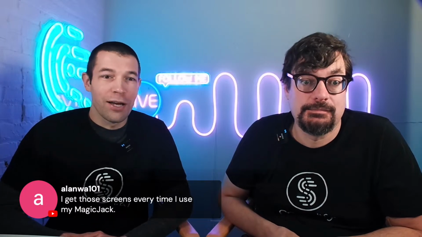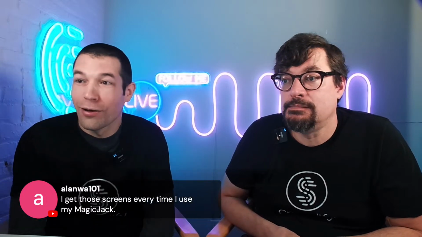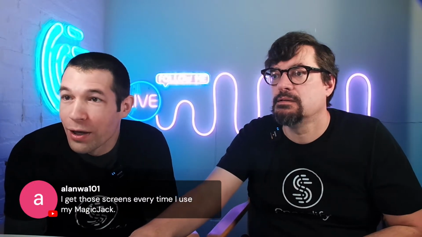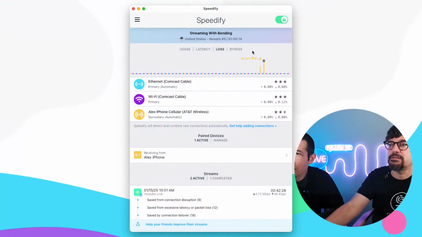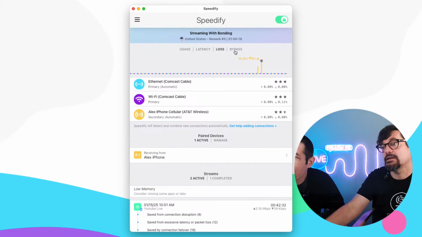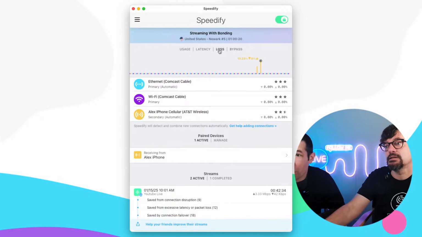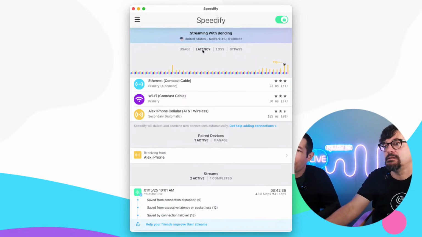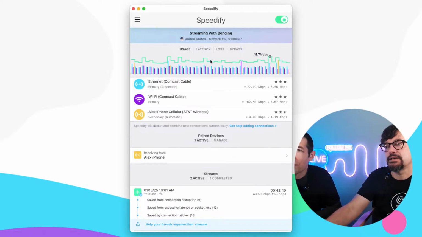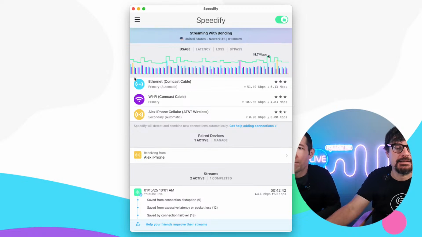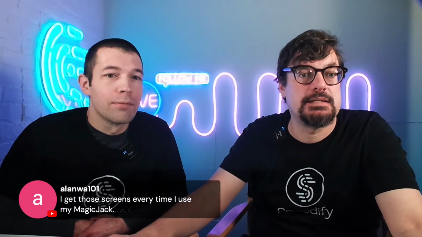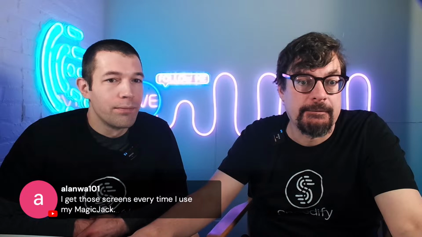Even though the Comcast has been failing since then, there have been little bursts. Yeah, right now it's good, but we had a period where it was. Look at the loss graph, right in here. You got a little. So that's the cellular. Oh, that's the cellular actually. You're right. Yeah. But there was a period before where it was 20% packet loss on the Comcast, and we switched over completely to the cell. Yes, right now, last couple of minutes, the Comcast has been great, as it is most of the time. But